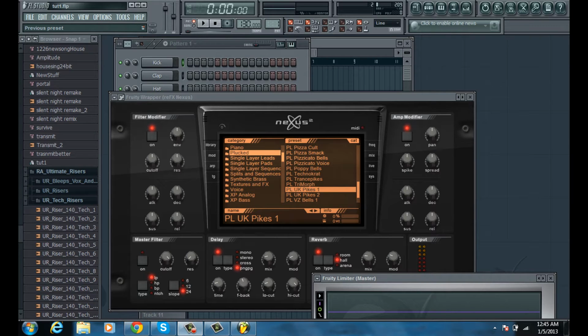Also, panning is big. If you're going to be using some of those high frequency sounds, some of those plucks, some of those catchy leads, sometimes you need to pan them, usually all the way to the right or the left. Sometimes you can just pan like 30% right or left. Really, it's personal preference what you want to do. You just need to stereo separate what you think is good in your mix. It's your mix, so